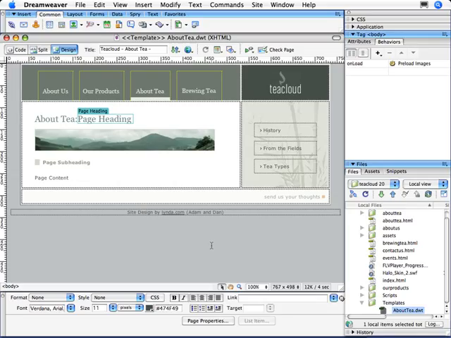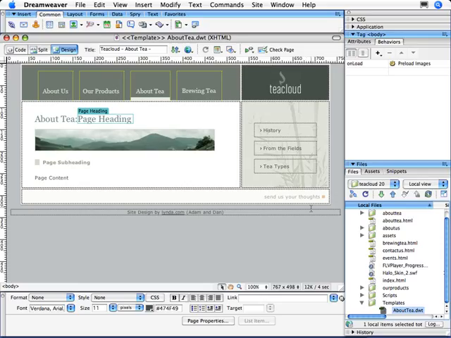When you create a template in Dreamweaver, Dreamweaver creates a folder called Templates in the root folder of the site and stores the template as a file with the DWT extension, for Dreamweaver template. And you can see that here in my Files panel. There's the Templates folder that Dreamweaver generated when I created a template, and there's the actual template itself. In this case, it's about.dwt, and that's the file that I'm looking at right here. You can tell I'm working in a Dreamweaver template because it says Template in these double braces, and it has, again, .dwt at the end of the file name.